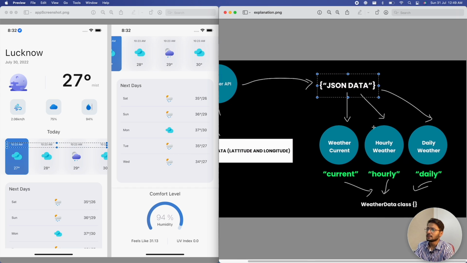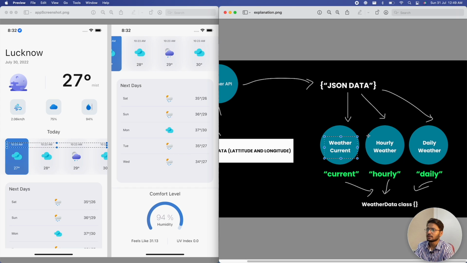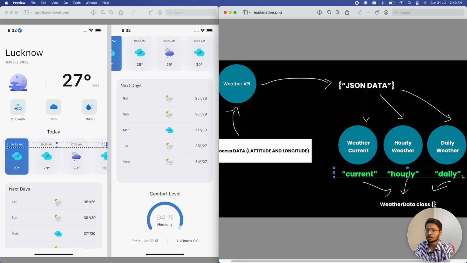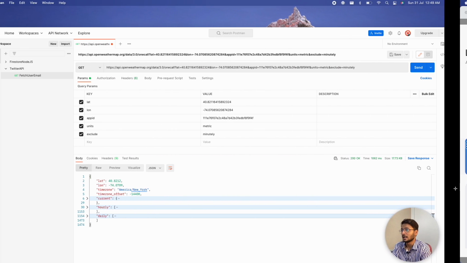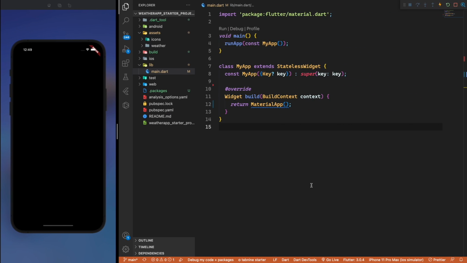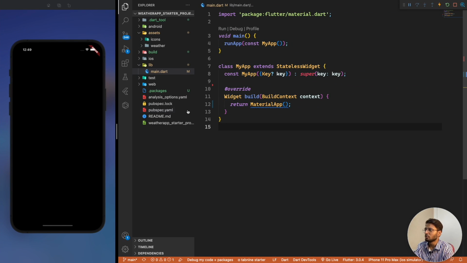data. And inside that JSON data, we are going to create these classes, weather current, hourly weather, then the daily weather, and we can get the value of these particular lists inside this. The hourly list can be inside this and the daily list can be inside this. And every time we call this weather data class, which will be our final class that we will be creating, we can get the instance. Like if we call this particular class, we can fetch all of these values from here. This looks a little bit complicated here, but once we start coding inside our Visual Studio Code, then I can explain more things there. So let's go to our Visual Studio Code, and now it's time to add a lot